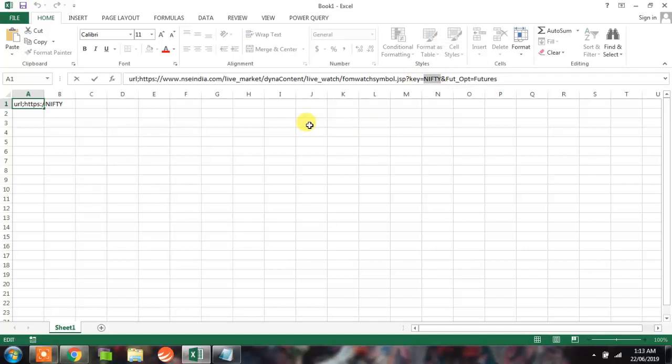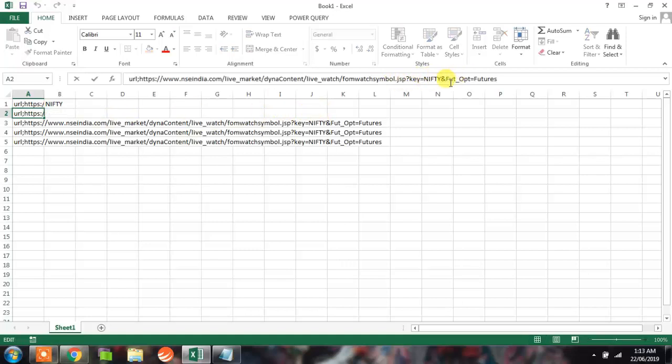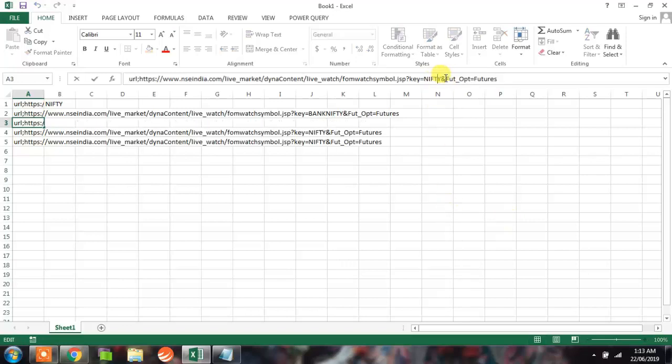So if we have to go for a stock called Infosys, we simply need to change the word Nifty to NFI. So what we'll do is we'll simply copy this URL, and wherever we need the name of the stock, or whatever stock we need, we simply change the name. So I need Bank Nifty here, so I'll put Bank Nifty here. Say if I take Infosys, so I'll put an NFI here,